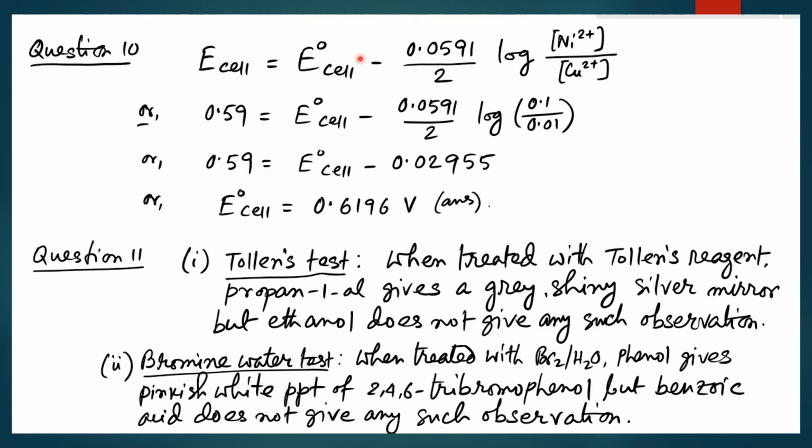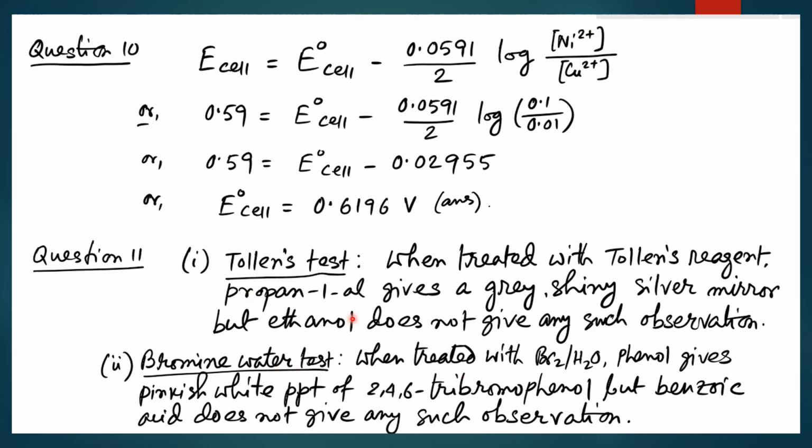Now this is a simple Nernst equation question. If you write the balanced cell reaction, you will see nickel 2 plus is on the right side and copper 2 plus on the left side. So this will be the expression of Q, the reaction quotient. And then it is a simple calculation to get E cell 0.6196 volt. Now for the next question,